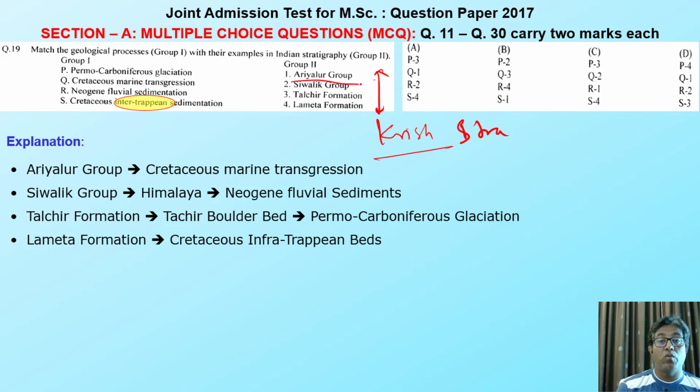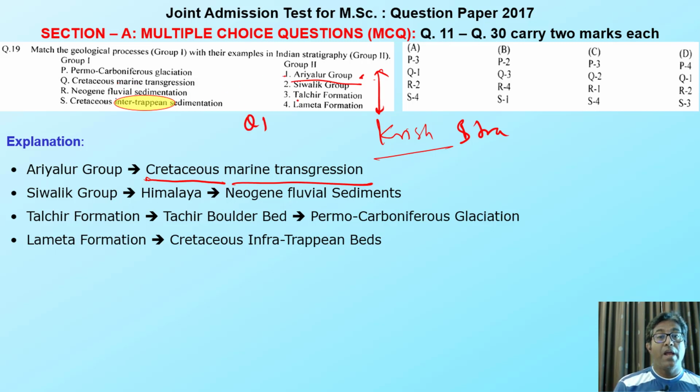So the Arialu group, how was it deposited, in which zone, it means what was the environment and what was the age of this Arialu group at that particular time of deposition. If you have read this book, you can easily identify this Arialu group is related to Cretaceous marine transgression. So my option is